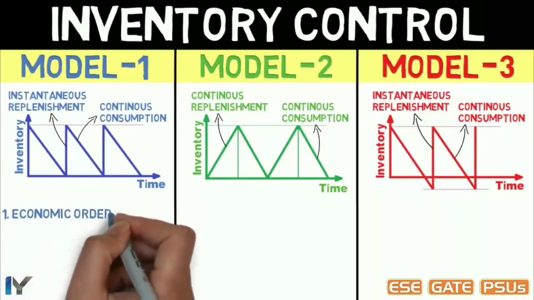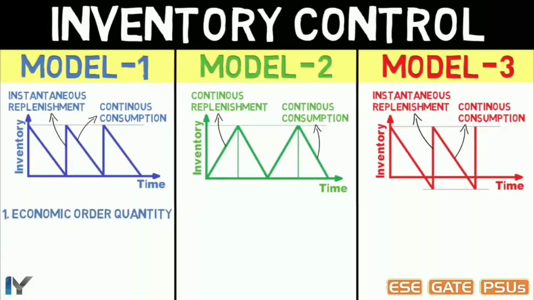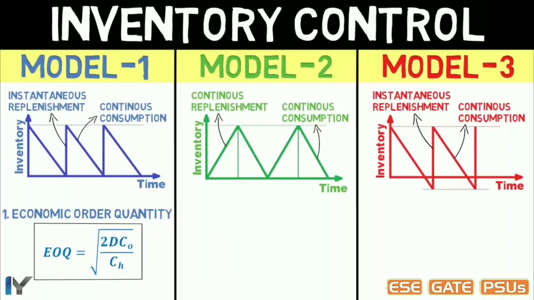First, economic order quantity EOQ, that is the optimum quantity to keep in the inventory, which is nothing but the height of these triangles, is given by square root of 2D CO by CH. This formula is derived from the equation of total variable cost of inventory, which includes annual ordering cost and annual holding cost. Simply remember this important formula from this topic. Here D is annual demand, CO is order cost per order, and CH is holding cost per unit per year, which can be calculated simply from cost per piece multiplied by interest rate per piece.